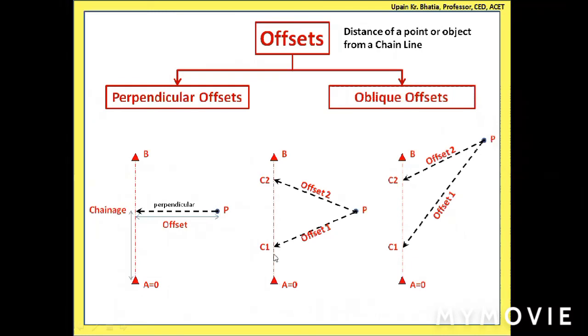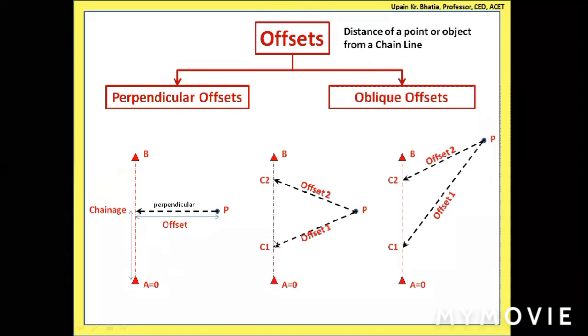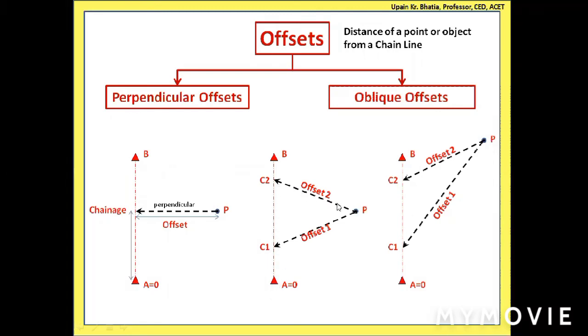So chain edge means the length of the chain, or the distance of the point from A. Like C1 is the point over here, and A to C1 is the first chain edge, for offset 1. Then this is the point C2, and the distance from A is the chain edge for offset 2. I told you in the example that C1 is at 3 meters and C2 is at 8 meters of chain edge, let us say. Then the C1, C2 dimension will be 5 meters.